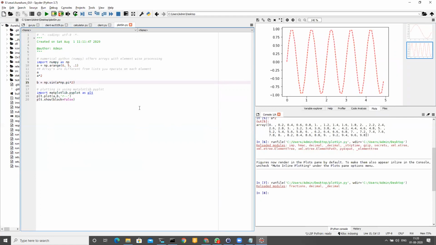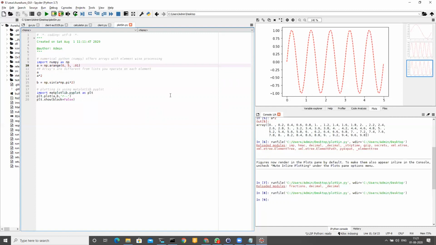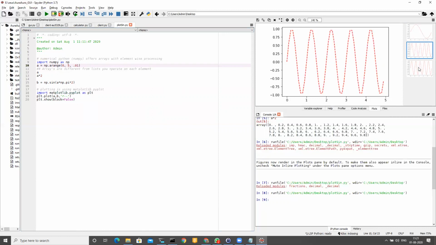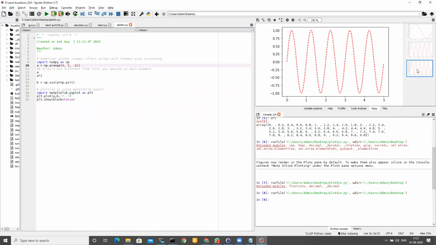Yeah, something like that. Seems to be clipping. Maybe not enough points. Let's put a lot of points. Ah, yes. That looks like a nice sine wave. Yeah. So let's slow down and let's talk about what you may not have understood in this. How did I get 5 periods of a sine wave and things like that? Oh, this is nice. It's showing all the old plots also. That's not bad. It's pretty nice.